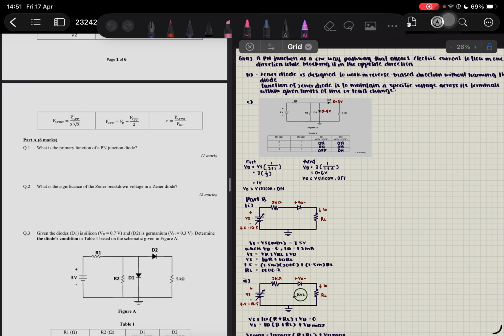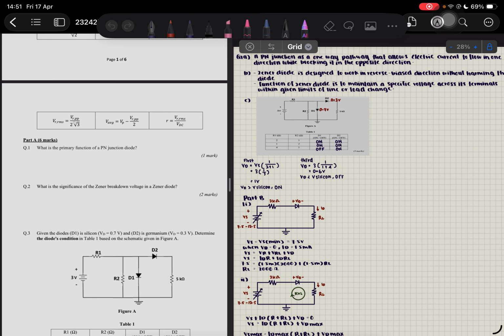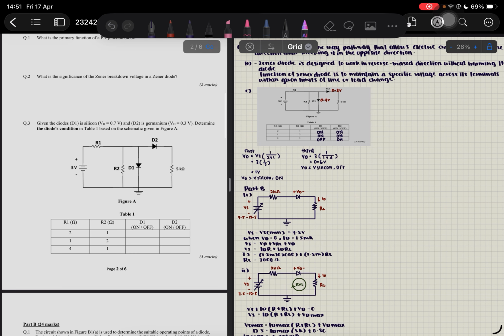A Zener diode is designed to work in the reverse bias direction without harming the diode. The function of a Zener diode is to maintain a specific voltage across its terminals within a given limit of line or load change. Now, question number 3 is given the